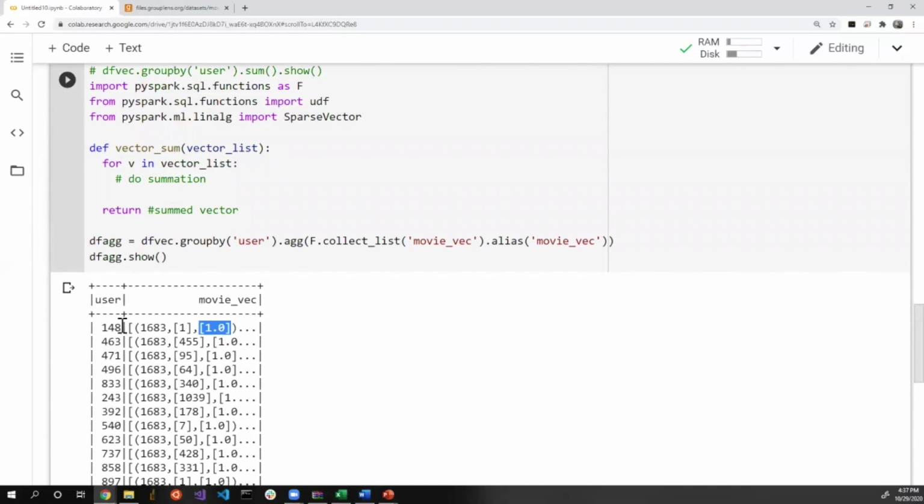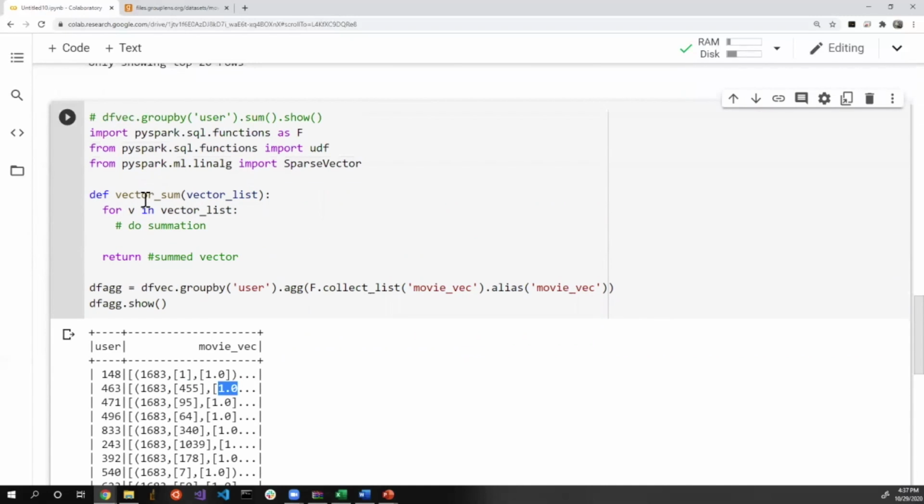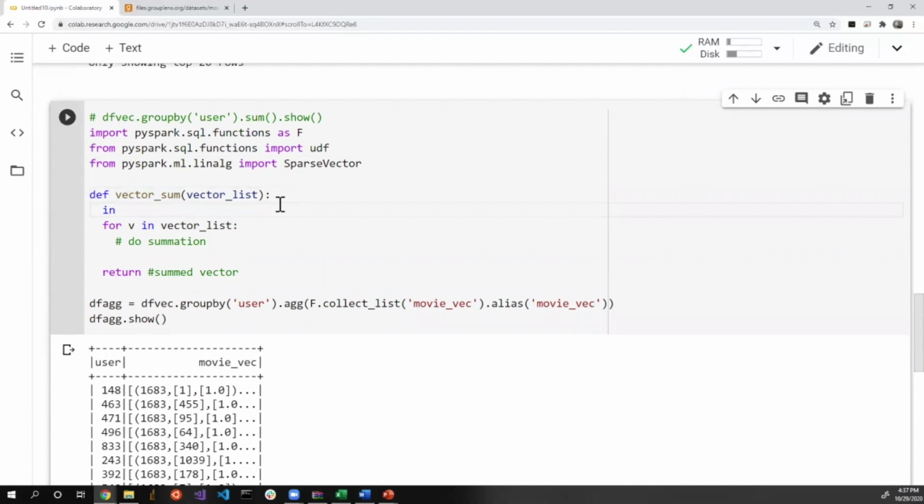And we know that our feature vector is a one-hot encoded vector. So there's always going to be just one non-zero element, and that non-zero element is always going to be 1. So instead of bothering to define a rigorous vector summation formula, what I'm going to do is basically just get the indices,